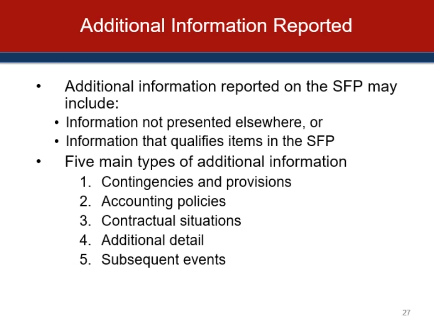for an example of contracts and commitments of various natures that would be required to be disclosed in the statement of financial position. Now, subsequent events, as I said, they're important transactions and events that occur after the fiscal year end, but before the financial statements are prepared. And so if the events provide further evidence of conditions that existed at the statement of financial position date, the financial statements would be adjusted. However, if the events indicate conditions that occurred after the financial statement date, they would be disclosed in the note if the condition causes a significant change to assets, liabilities, and or would have a significant impact on future operations,